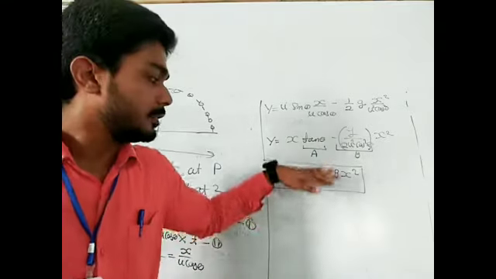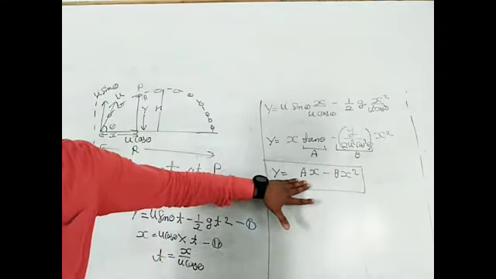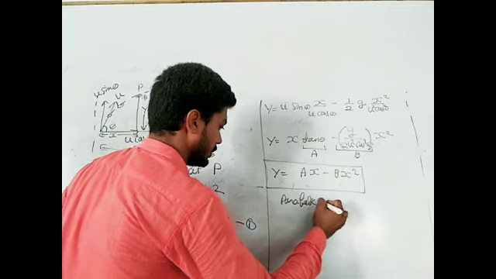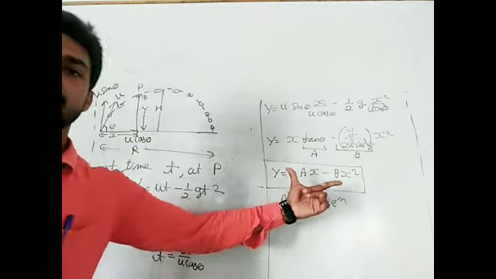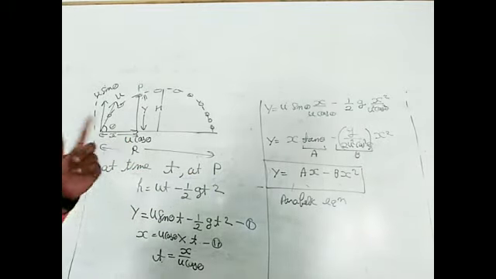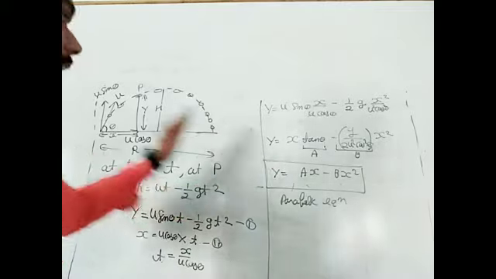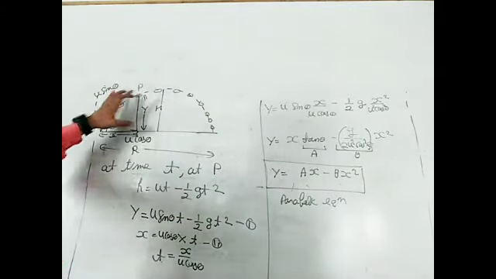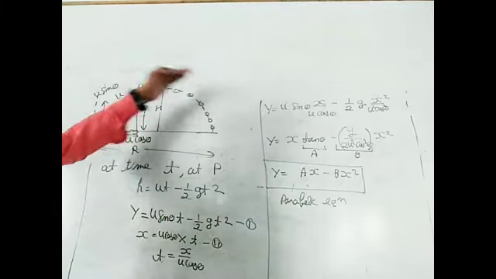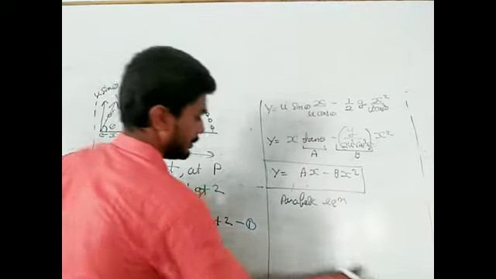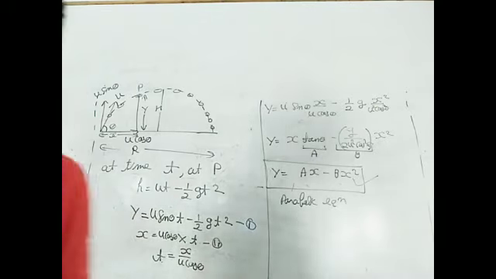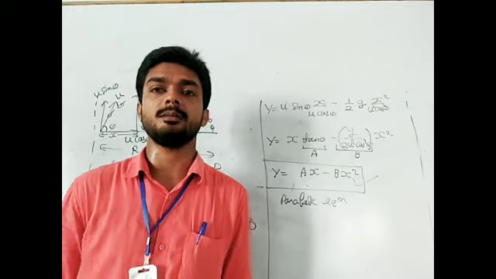Hence, we will say, since the above equation is a parabolic equation, which gives the relation between x and y, we can say that the path of projectile is parabolic because the relation between x and y is parabolic. This equation proves that the path of projectile is parabolic, and this is the first part of our projectile motion.